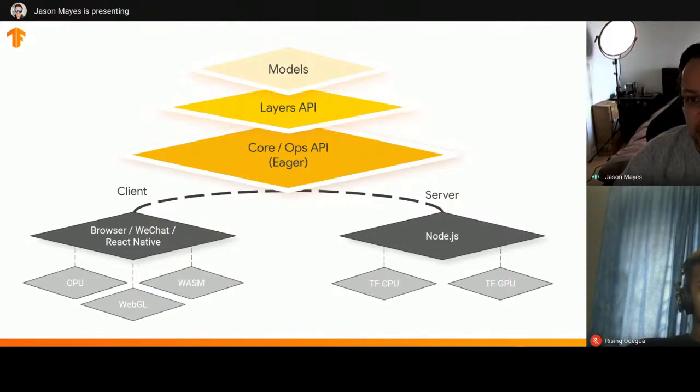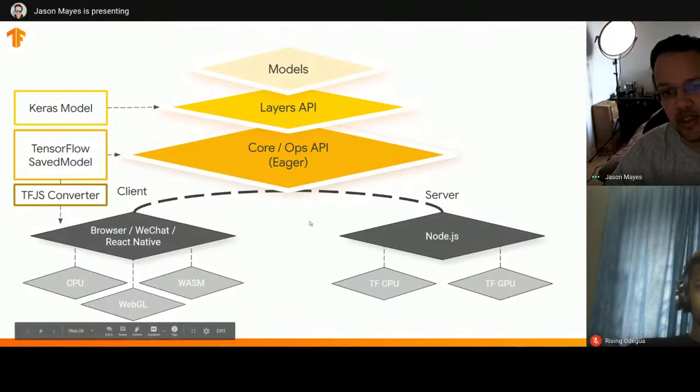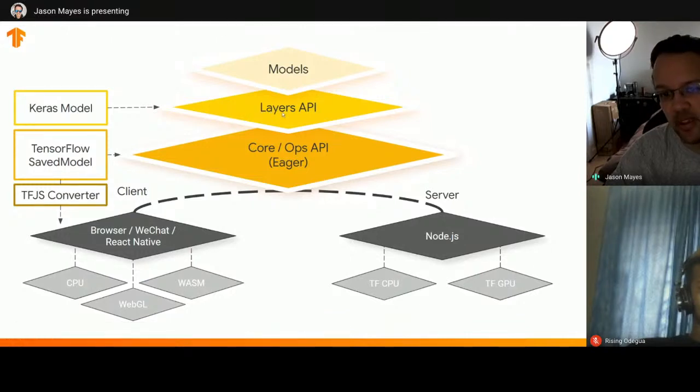So I just want to end this slide with talking about how, if you are still using Python to do your machine learning, you can digest this in Node.js very easily. If you've got a Keras model, you can load this in Node.js via our Layers API very simply. And if you have a TensorFlow saved model, you can load this via our Ops API, once again very, very easily without any conversion. So it will just run in Node.js. And there are some advantages to doing that, which we'll see in just a second.